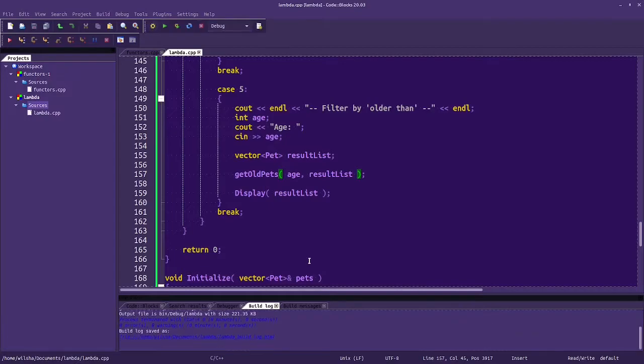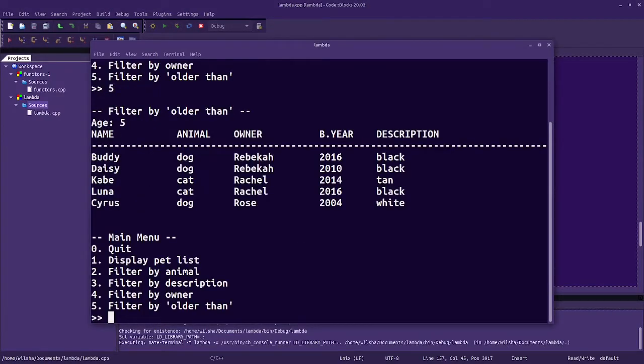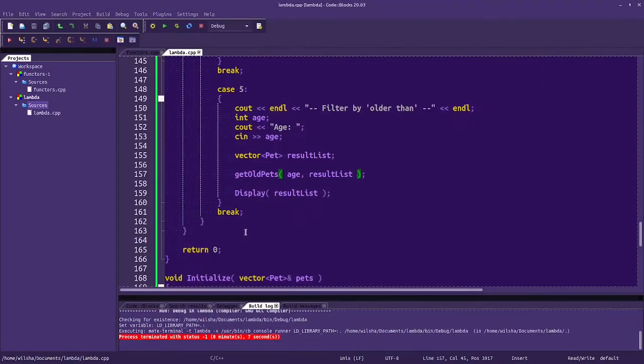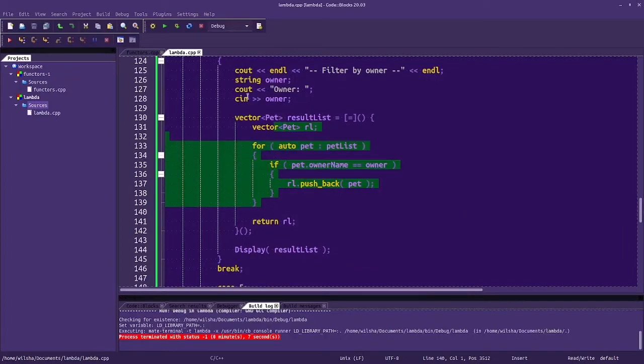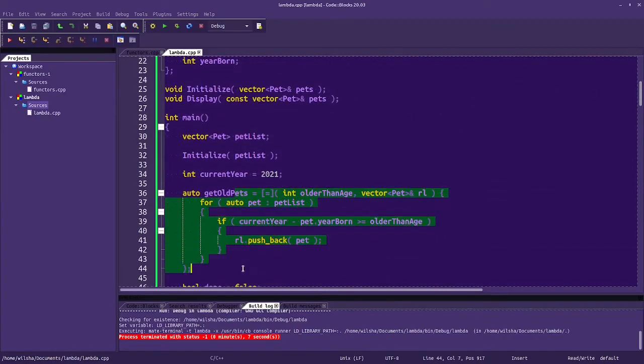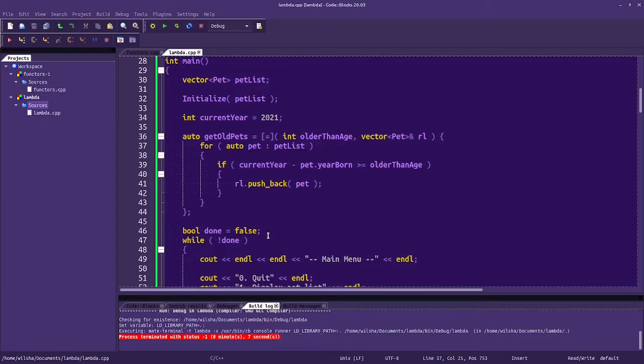And now I can build and run. So filter older than, let's say older than 5. So then there are those pets. So even though it's a little weird to create an anonymous function in these contexts, it can be useful inside of a scope to do that, maybe at the top where you can kind of predefine some things, or if you were in the middle of processing data and you wanted to have that anonymous function to format things or